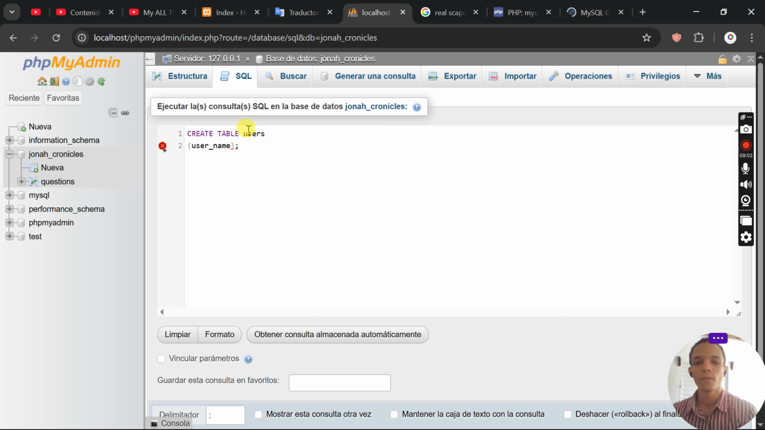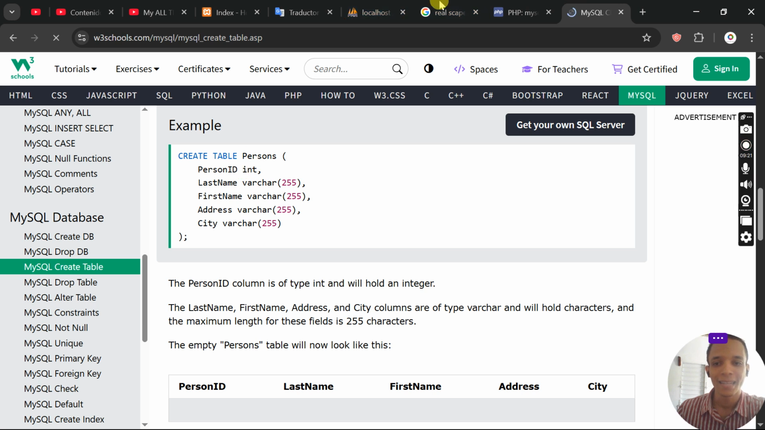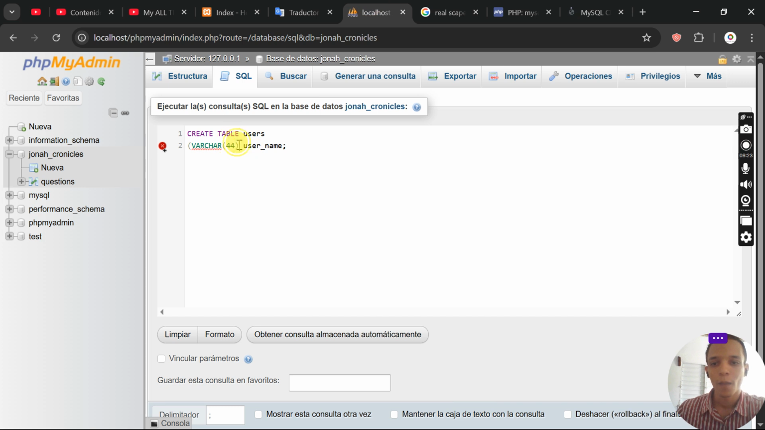Okay, for example, varchar or varchar 44 username. That's one way of doing it. But let's see. Sorry. It is just a matter of putting the type at the end and the name of the column or field at the beginning. Okay,